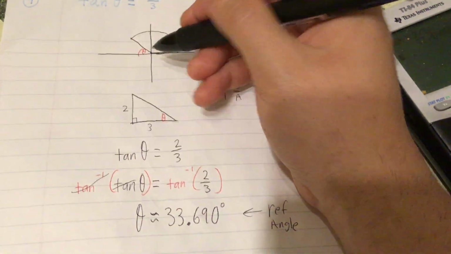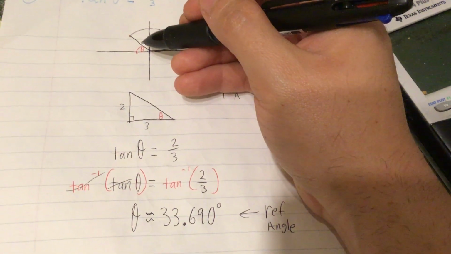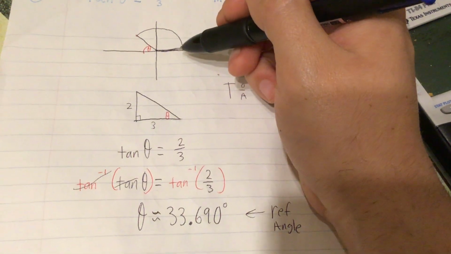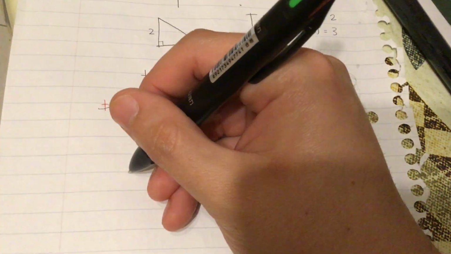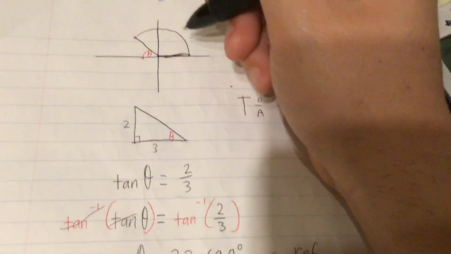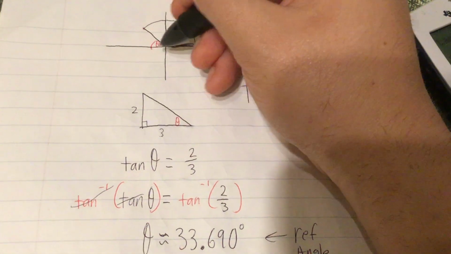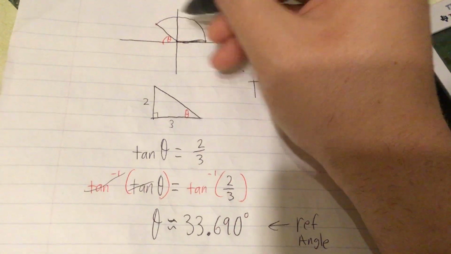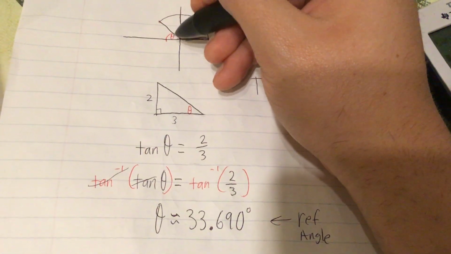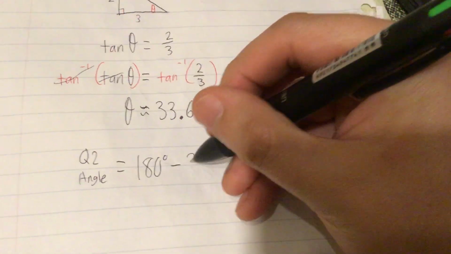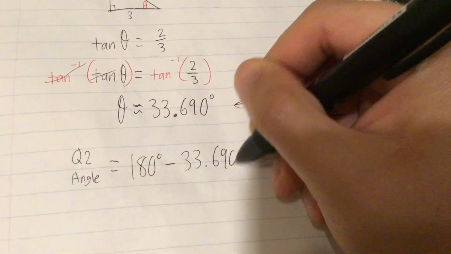Remember, we're in quadrant 2, so if the theta is 33.690 degrees, we want to figure out the arc of this black angle in quadrant 2. So in order to figure out the Q2 angle, remember that this black angle plus angle theta creates 180 degrees. Well, if I want to solve for the black angle, the Q2 angle, I need to subtract the red reference angle from it. So 180 degrees minus 33.690 degrees, that would mean that the quadrant 2 angle